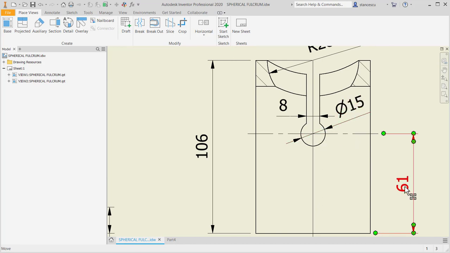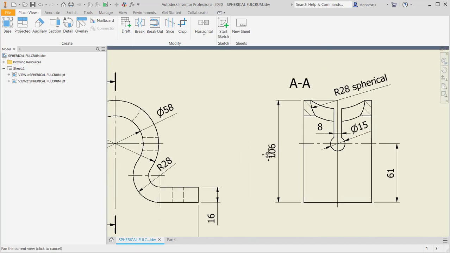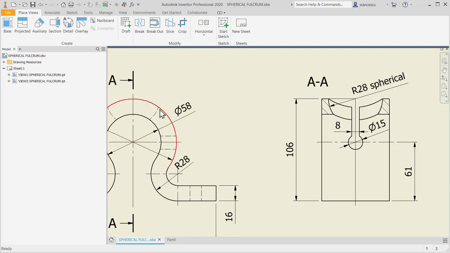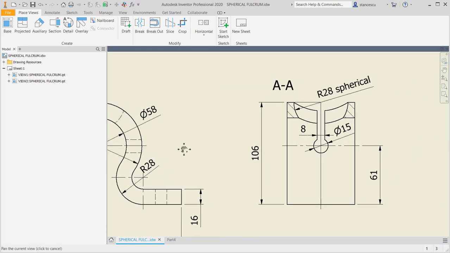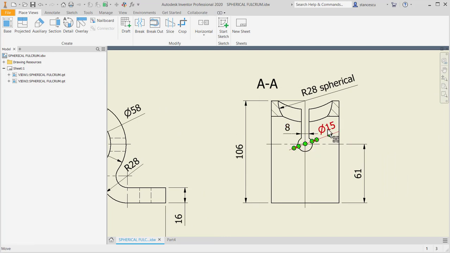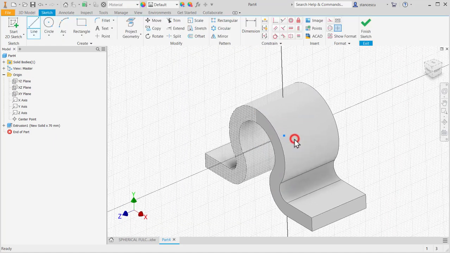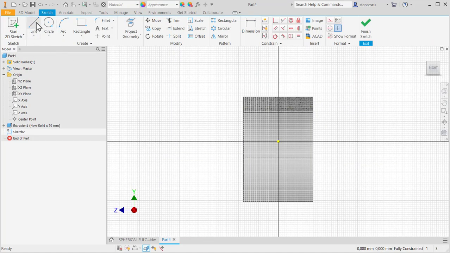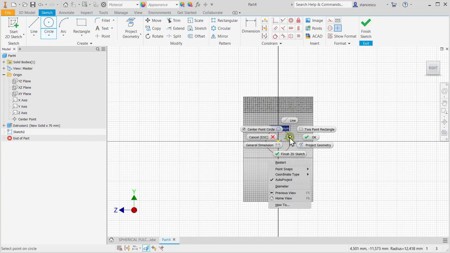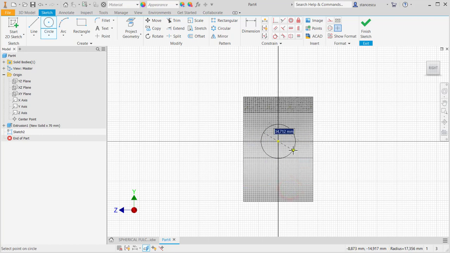Okay, now we look at this cut, which is 61, same center. It has the same center like 90, for a circle of 15 diameter and a cut of 8. The plane is this one. A circle in the center point with the diameter of 15,